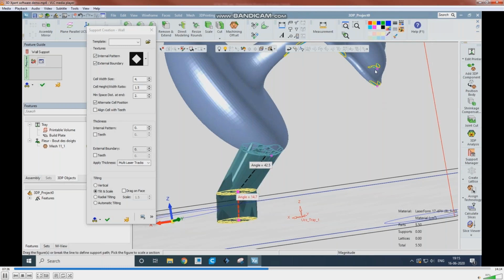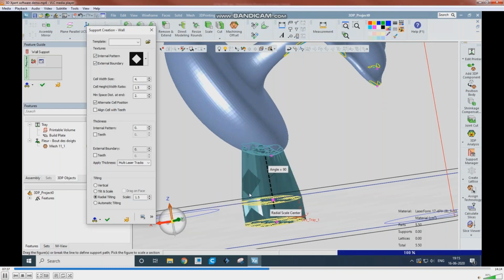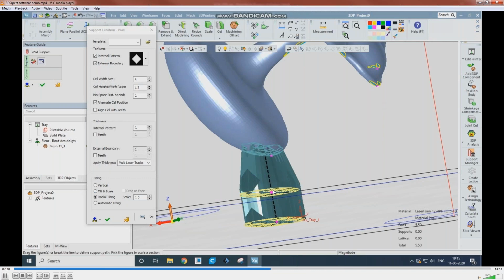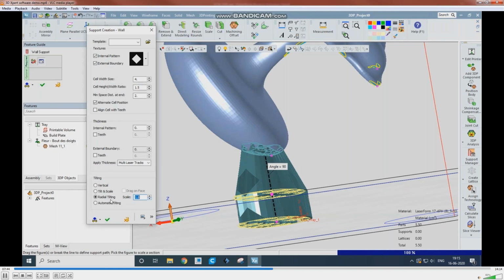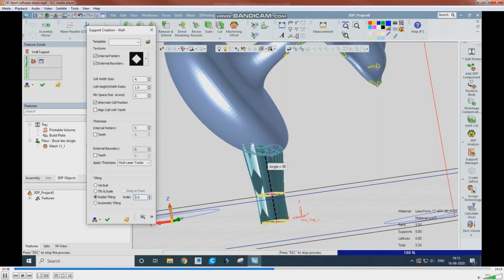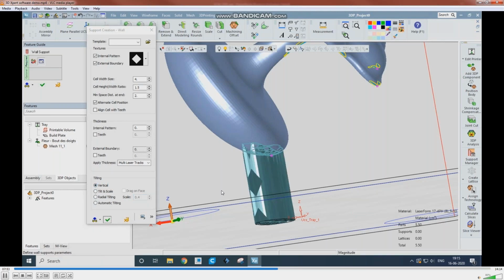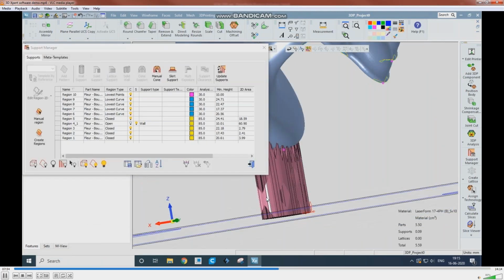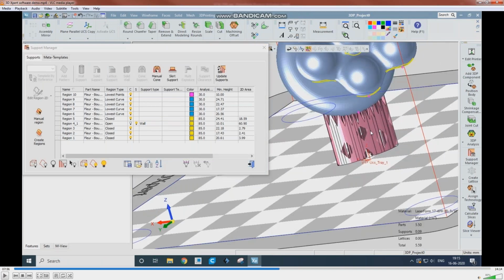It may not be vertical, like incline also it will be provided, and radial also. Okay, radial thing. Okay. So you can modify the support structure here.